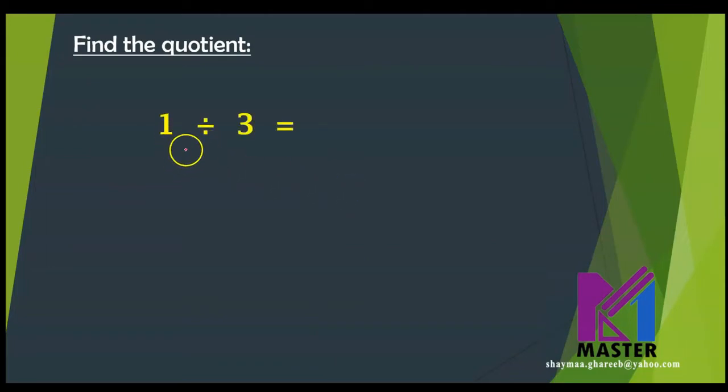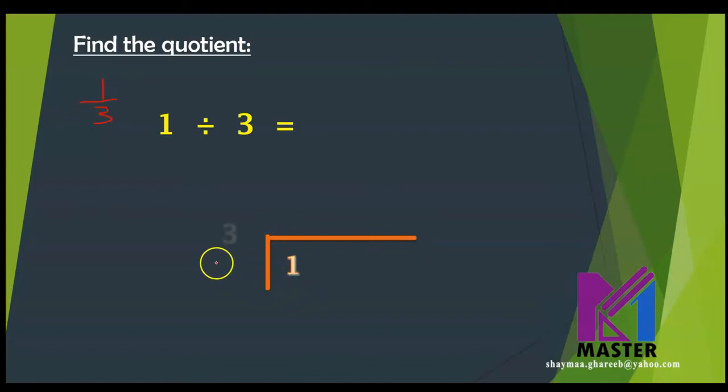Look at this one. 1 divided by 3. It's a division sentence, and we can also write it as a fraction. What fraction is it? 1/3. So they are the same. Let's see the value of this fraction or of this division sentence. 1